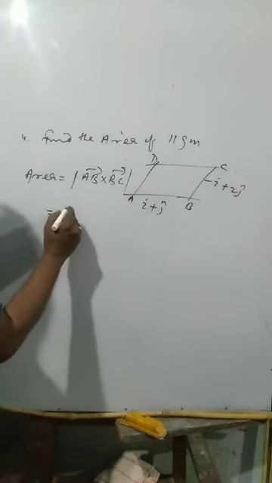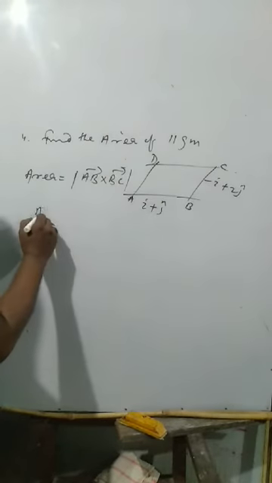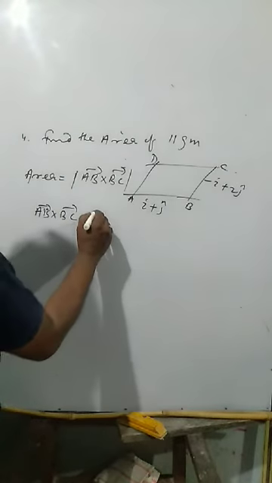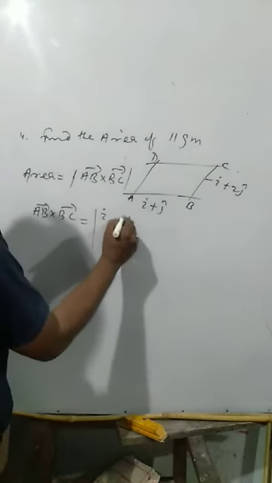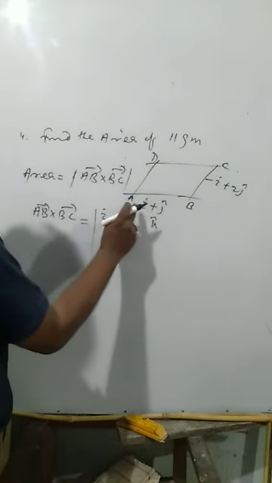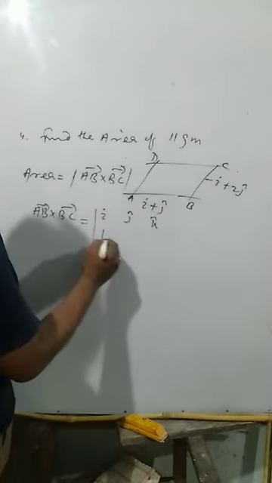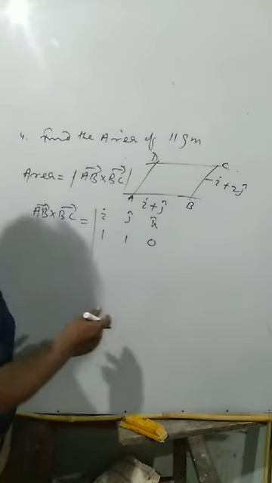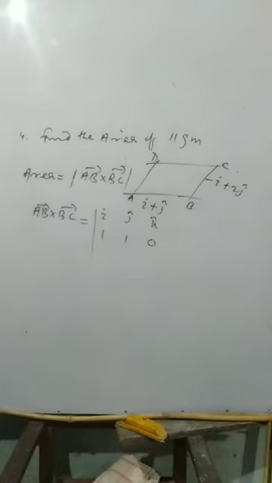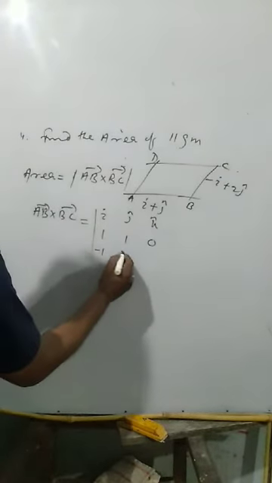So now AB cross BC equal to, now you find here separately AB cross BC equal to what? I cap, J cap, K cap. In vector AB, this one is 1 1 0, which means there is no K. Here BC equal to what is given? BC equal to given minus 1 2 0.